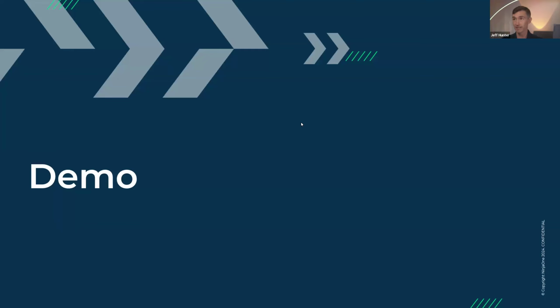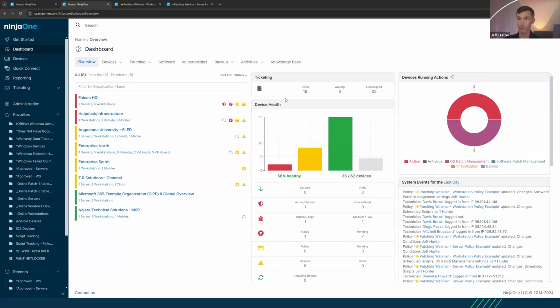Now, with that, we have a lot to cover today, so let's go ahead and dive into the demonstration portion. Hopefully everybody can see my screen here. Looks like it's coming through okay. A reminder again, if you have any questions, please put those in the Q&A section of Zoom. The chat is scrolling by very quickly, so I am probably not going to be able to recall everything that